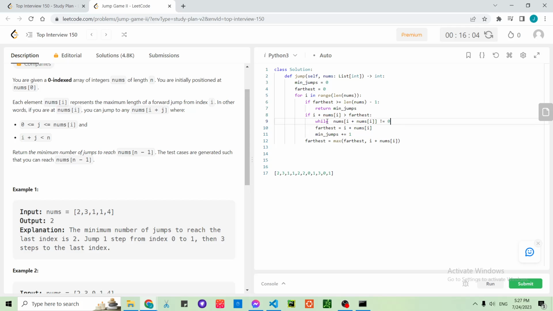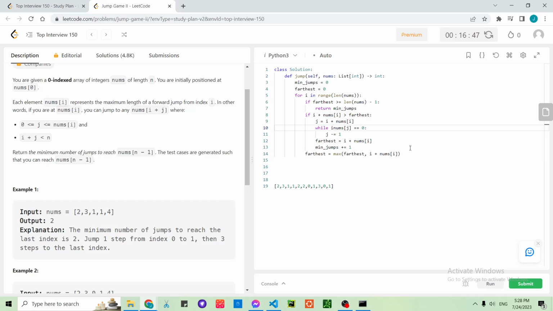What if we do something like, well, what if this is 0? What do we do if this is 0? Then we wanna decrement. Well, this is 0, and